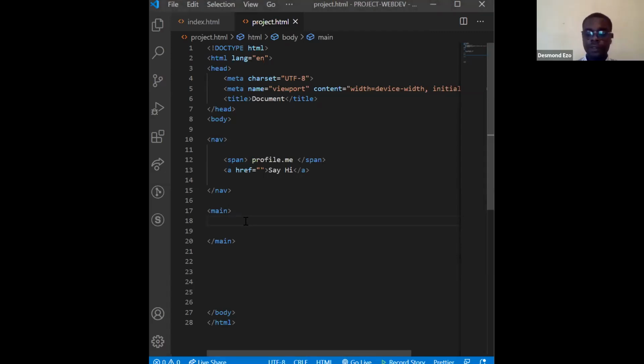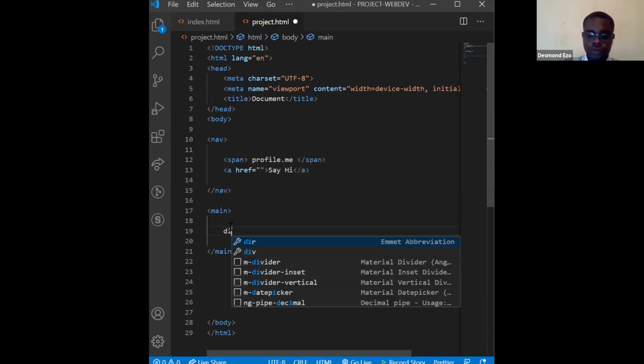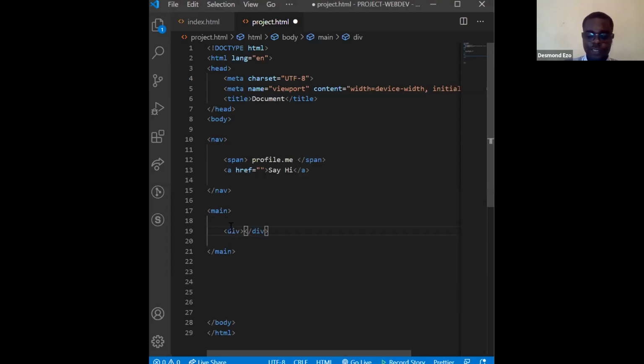So remember, we have a container. We are going to use the main tag as that container. Everything is inside of that main tag. And we have the image. So we would use the div tag to provide the image, just to make you see how powerful CSS is. We're going to give it a class of image. Remember, when you give something a class, you can call it using a class.